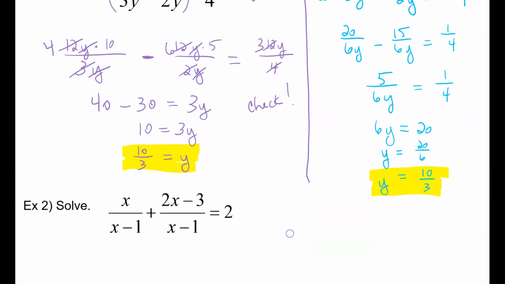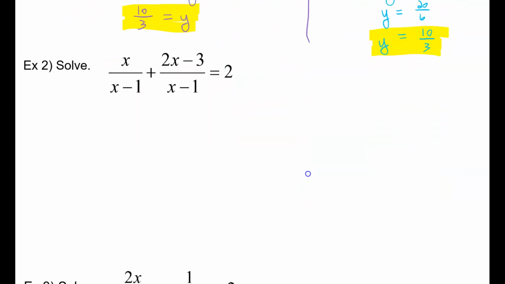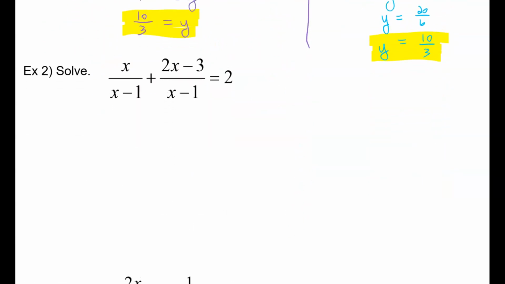Okay, ready to look at the next one? Yep. So this is one of those cases. I already have a common denominator on the left-hand side. Since that's already the same, this one is almost easier to just combine the numerators and put the denominator as 1. I can turn this into x plus 2x minus 3 all over x minus 1,